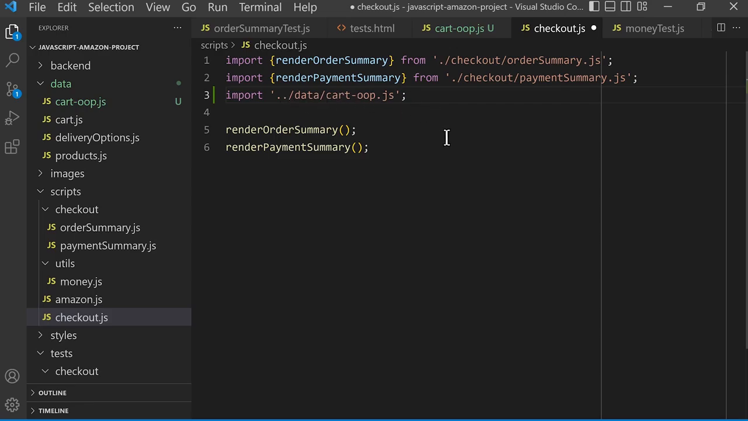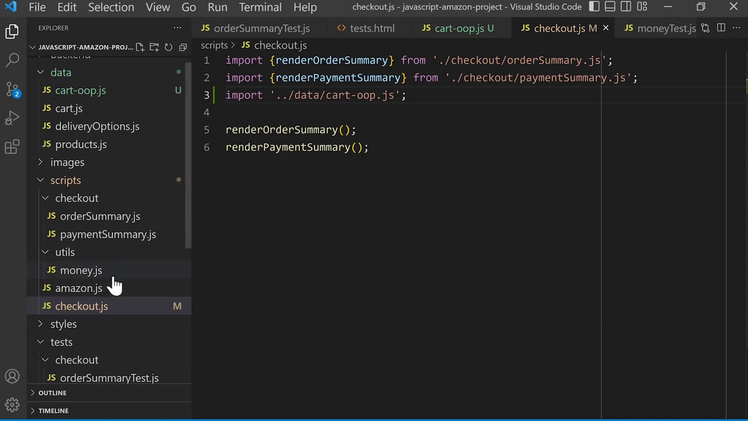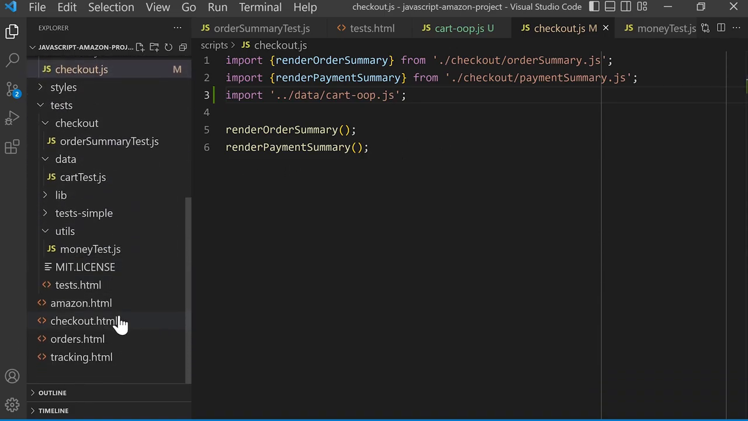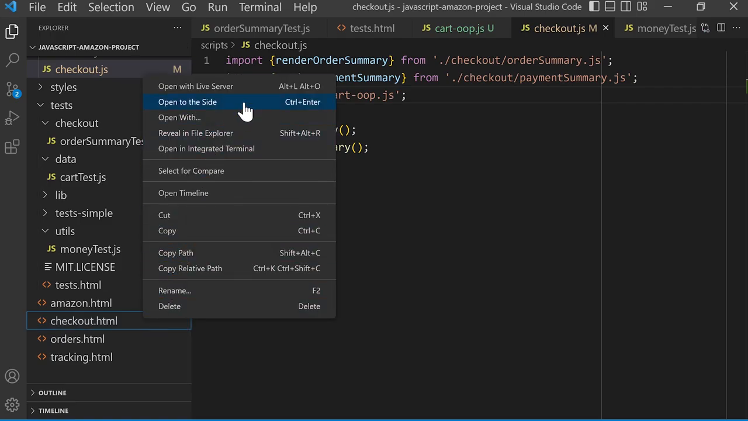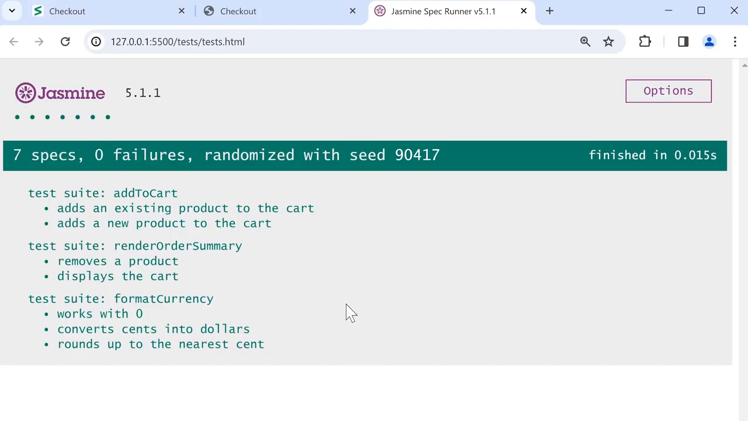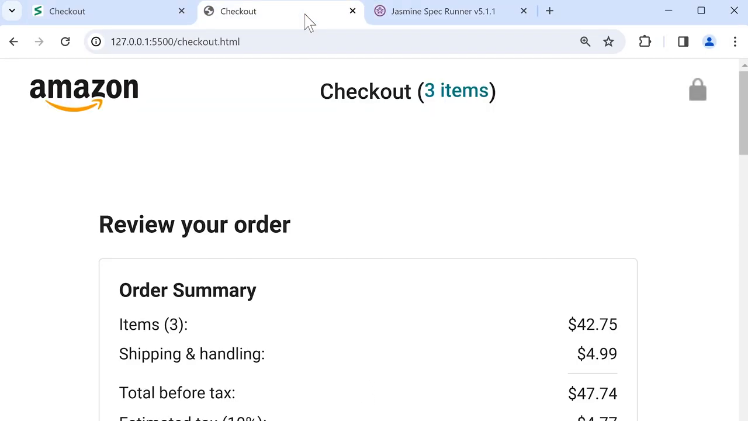So let's save this file and then open this page in the browser. So if you don't have this page open, you can scroll down to checkout.html and then right-click and open with Live Server. I already have this page open, so I'm just going to open that tab. And if the page is too big, we can zoom out by pressing